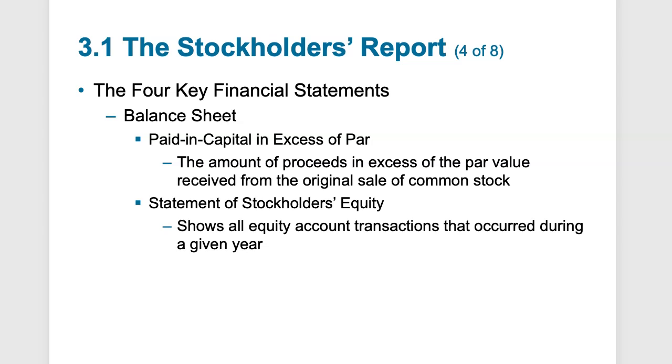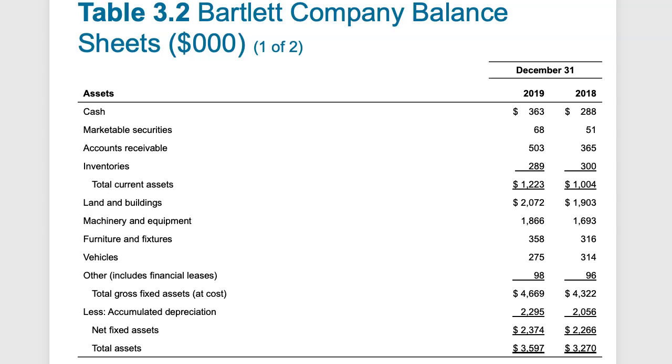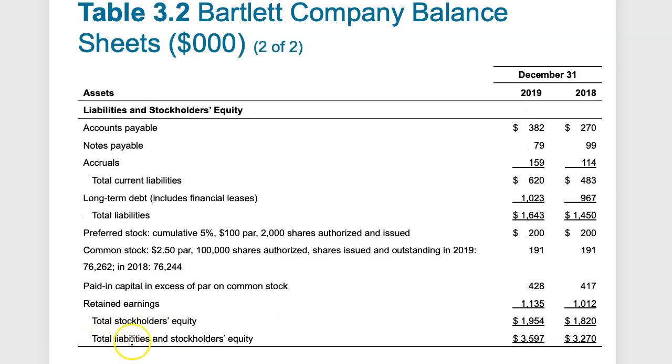So assets, think of a seesaw. Assets would be sitting on one side of the seesaw. Liabilities and shareholders' equity would sit on the other side, and they have to balance. The seesaw should be totally level. So they need to balance. So when we see total assets here of $3,597, when we look at total liabilities and shareholders' equity, it needs to be the exact same amount. And that's why those two sides balance.